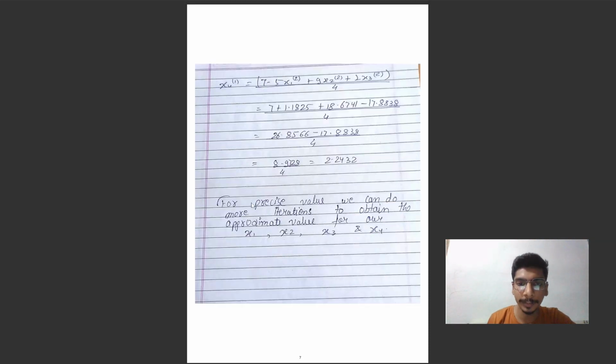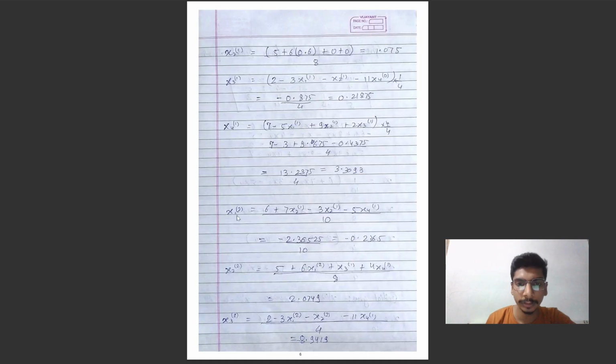हम फिर वापस से सेकंड आइटरेशन के लिए आएंगे. सेकंड आइटरेशन में हम वापस से वही फॉर्मूला का यूज़ करेंगे, बट अब हम यहाँ पर लेटेस्ट वैल्यू यूज़ करेंगे x1, x2, x3 की. सो हमको यहाँ पे x2, x3 और x4 की वैल्यू यूज़ करनी रहेगी. तो हम यहाँ पे x2 की जगह ये वैल्यू हमने जो निकाली थी 1.075, x3 में हमने जो वैल्यू निकाली थी 0.21875 और x4 की जो वैल्यू निकाली 3.3093, ये पुट कर जाएंगे. फिर वापस से हम जब x2 के लिए निकालेंगे, then again we will put the latest value of x1 and the x3 and x4 value will be same.